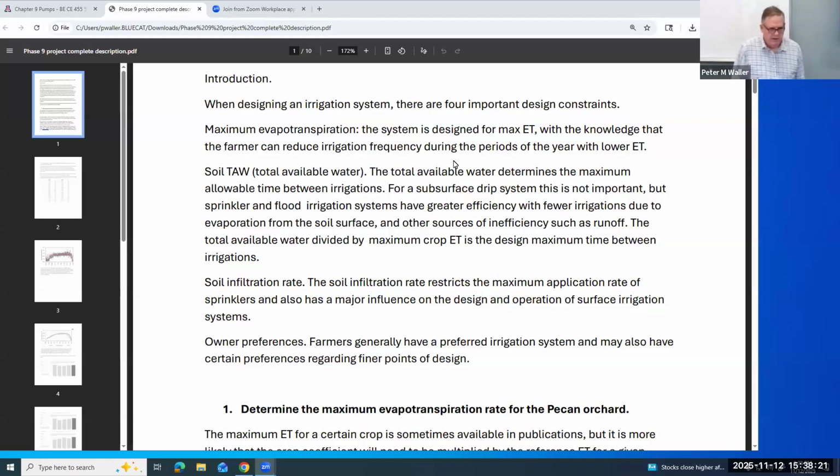So today we're going to talk about project 9 and 10. I've combined them. I only have the project 9 part, which is designing the system and the pump and matching the pump to the system. And then next week,